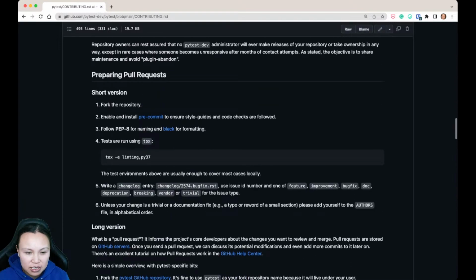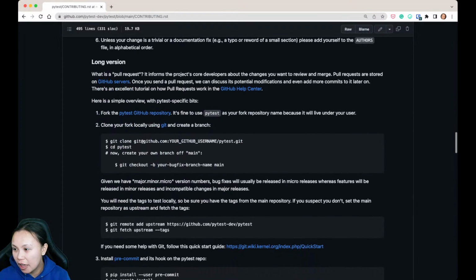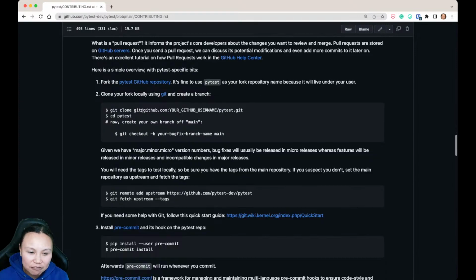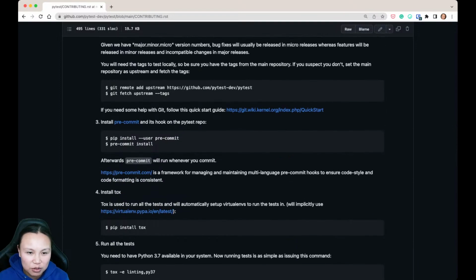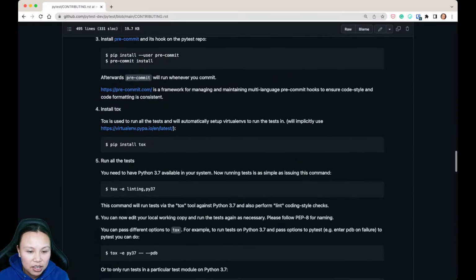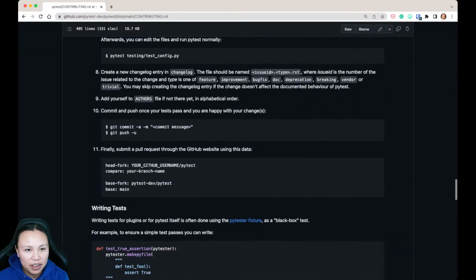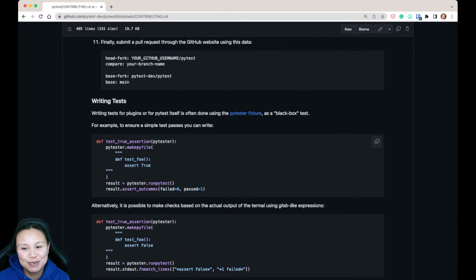It also explains how to run the tests. Some projects have a huge test suite, and you don't want to run all the tests at once. You maybe only want to run the part you are fixing, and then before you push, you run the whole thing. So where the tests are structured, whether you need to do the formatting, pre-commit hooks, all this stuff, should be written in the contribution guide. So please, please read those.